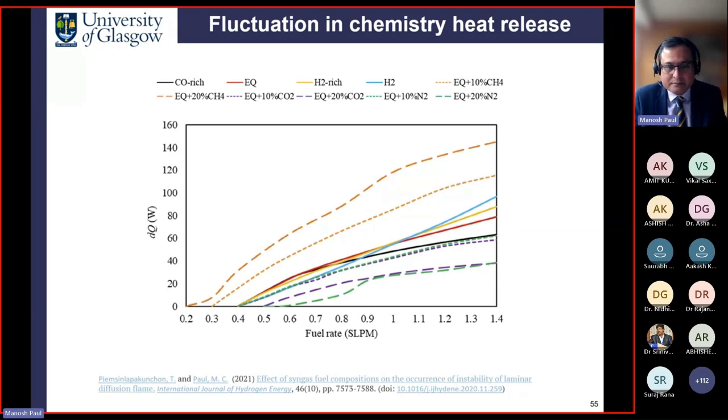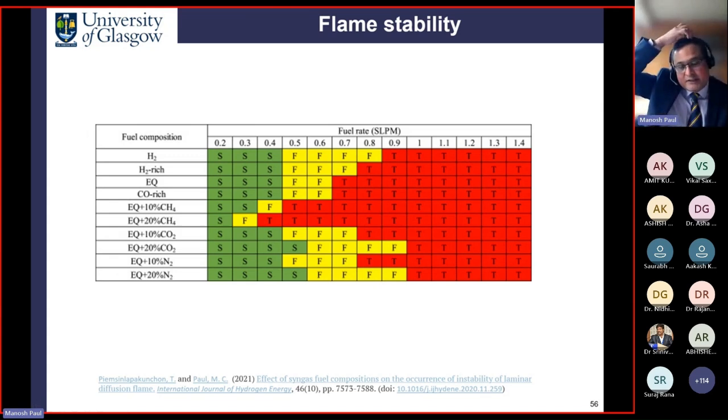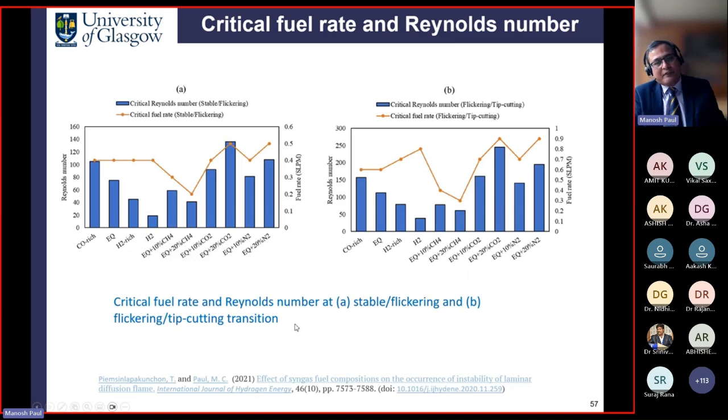low Reynolds number. So we then produce a nice sort of map in a tabular form. S is a stable state, F is flickering, and T is tip cutting. So basically you can see in a stability study, sometimes these are also put graphically, that you find a sort of optimum marginal zone, and then you actually break down the data. So we thought, okay, we produce this in tabular form so that you see under which conditions you can find these changes. And then from there, we looked into the critical Reynolds number based on all this fuel and based on